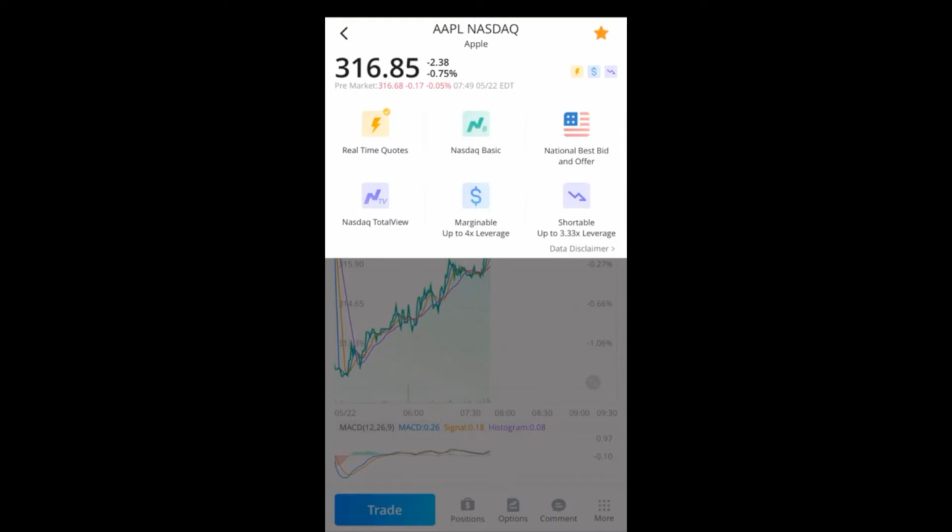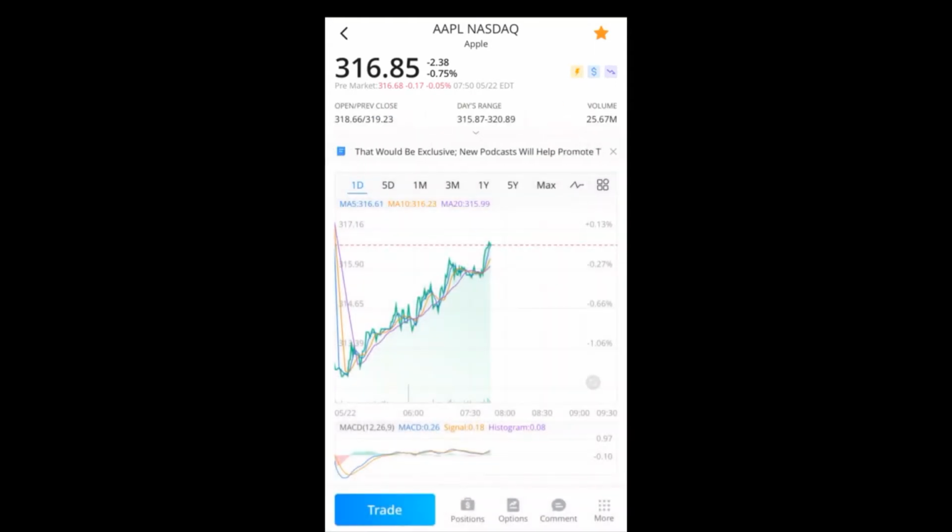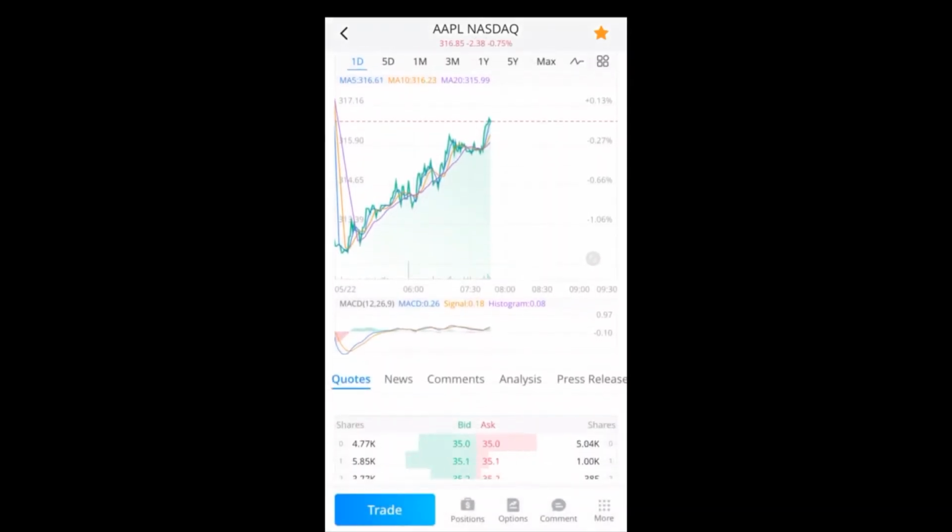And so it's a little bit less than if you were buying stock, but you can short stock with leverage as well, which is something I also wouldn't recommend for most people. And so going back to the main page, you can see here you have a chart showing the 1-day movements